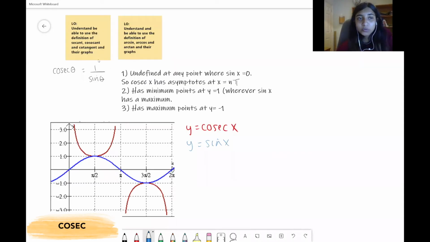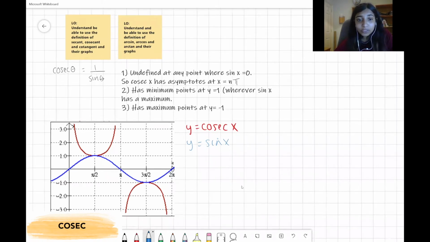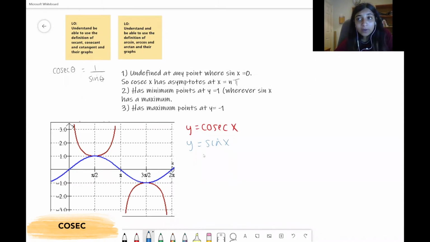Okay, so if we start with the secant, cosecant and cotangent graphs, cosec theta, or cosecant, that's just the reciprocal of sine theta. So it's just equal to 1 over sine theta. So keep that in mind when we want to graph it. I've drawn the two graphs here side by side just so you can see how they relate to each other. So we have the blue graph being y equals sine x, and